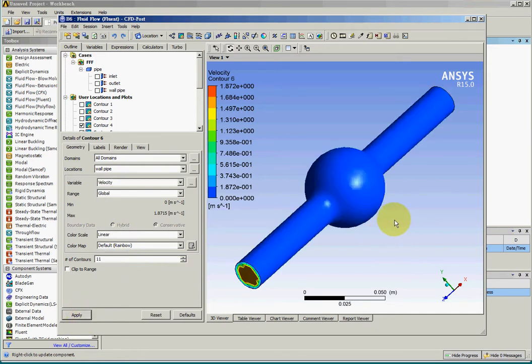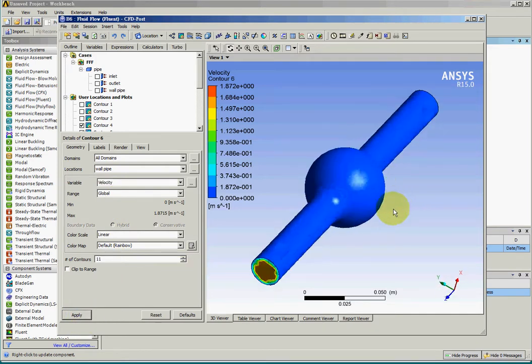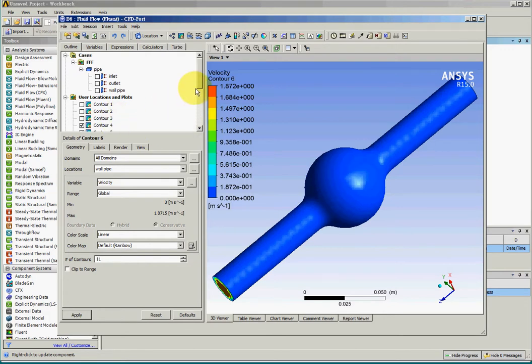So now we can look at the velocity distribution of the volume, and we can also hide all the contour plots,